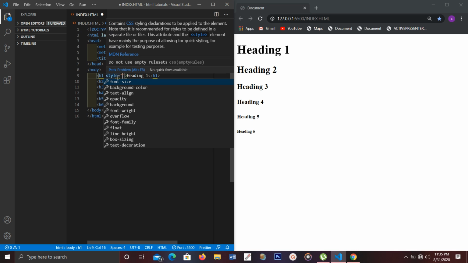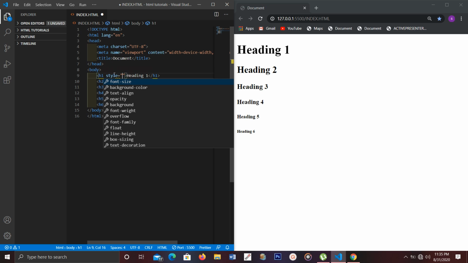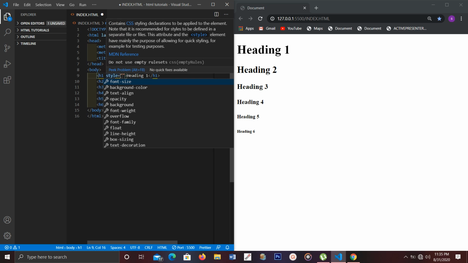I'm going to type style in the opening tag of the heading element. So as you can see, this is the H1. Inside the opening tag, I've inserted a style attribute to actually change the font size of the heading